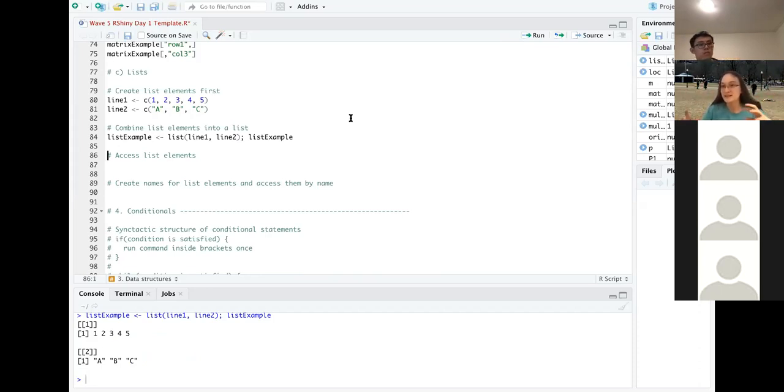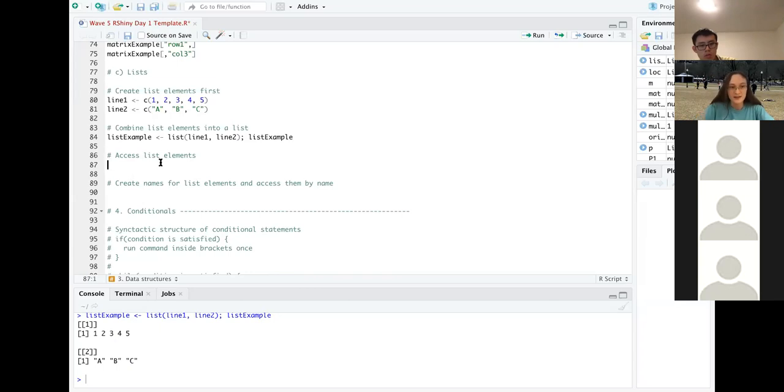And so from here, you guys can see the difference between a vector and a list. In a vector, when we combined vectors, when we said the second vector is c of the first vector and 10, 11, 12, that treated the first vector as 5 different things, or however many things were in that vector. So the whole thing was 8 elements. But in this case, list treats each element as its own element. So it doesn't do any flattening. And so each element is literally just what is passed in. So that's the utility of a list.